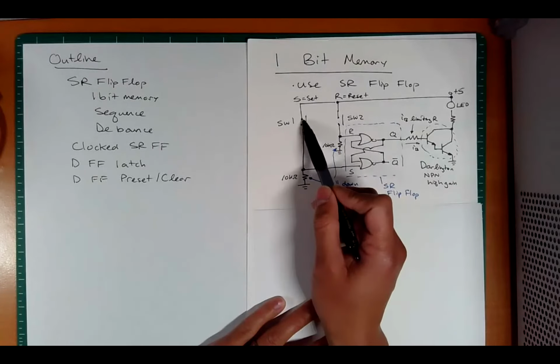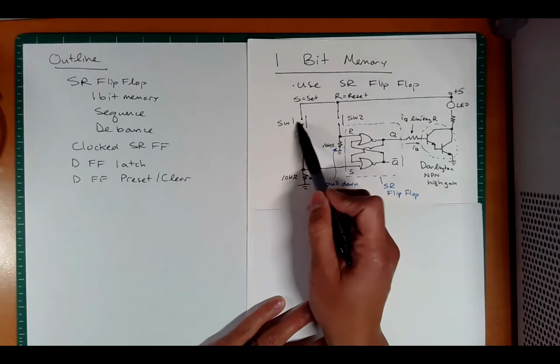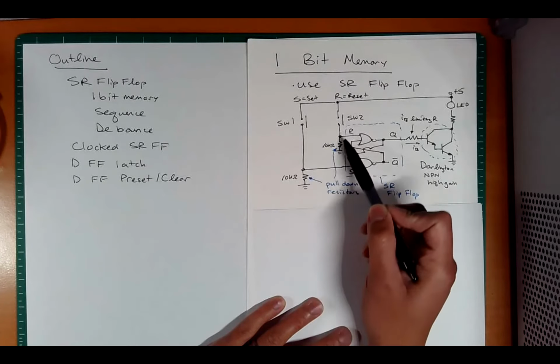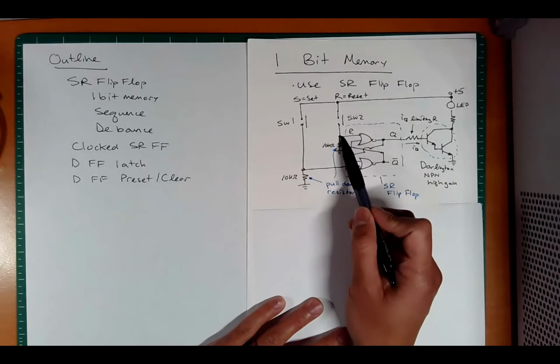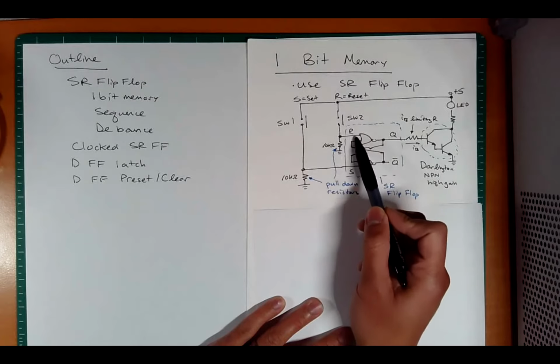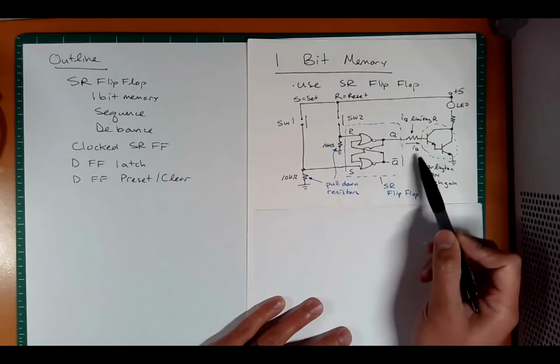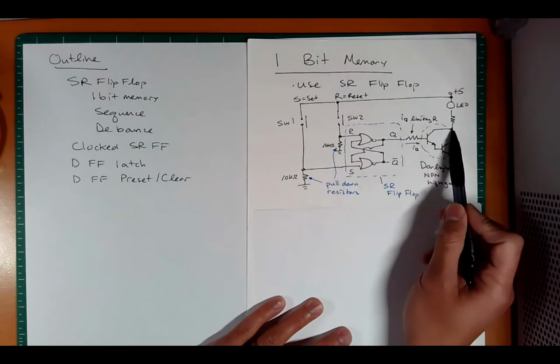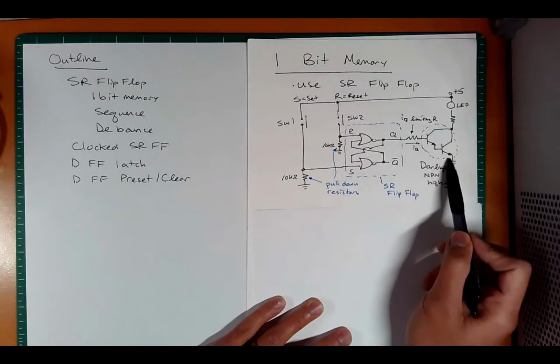Basically, I have two switches here. If I push the switch, set goes high. If I release it, set goes low due to the pull down. If I push switch 2, the reset goes high. If I release it, the reset goes low, again due to the pull down. And then I just have Q driving an LED, so I have a little NPN transistor set up,